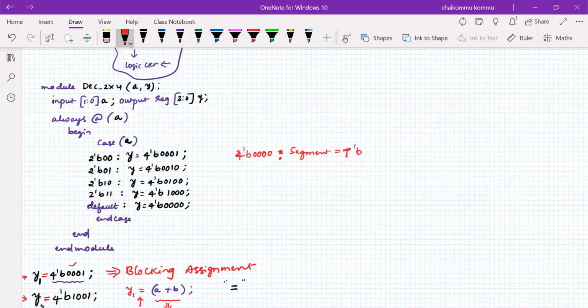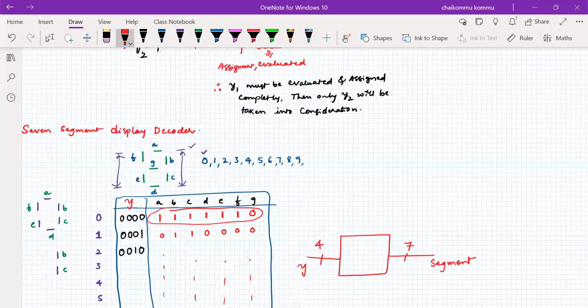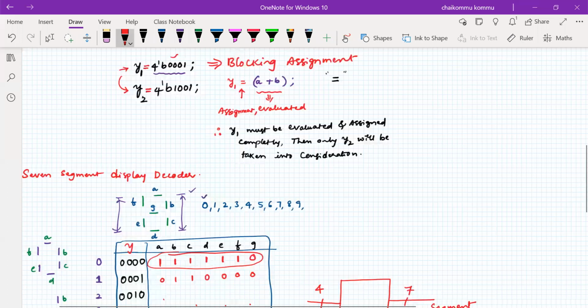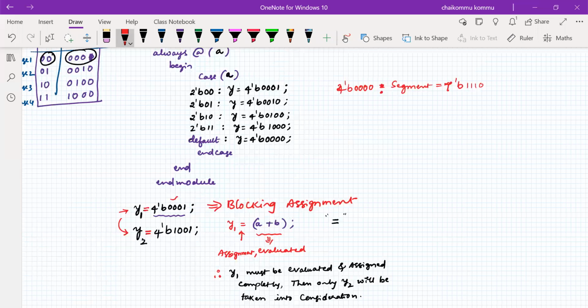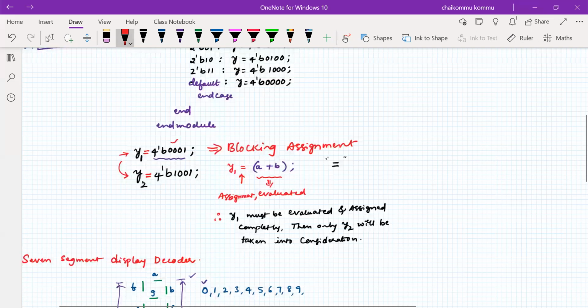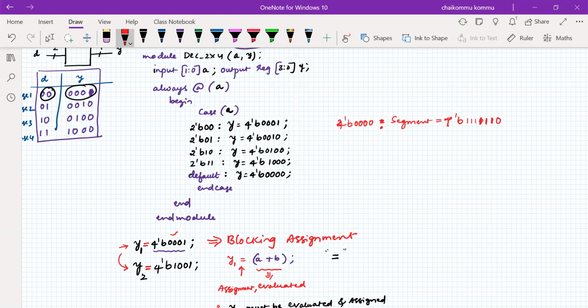First this one we'll write. 7 bits of 1 1 1 1 1 1 0, something like this we can write it. Only the last one is 0. Is it clear to all of you?